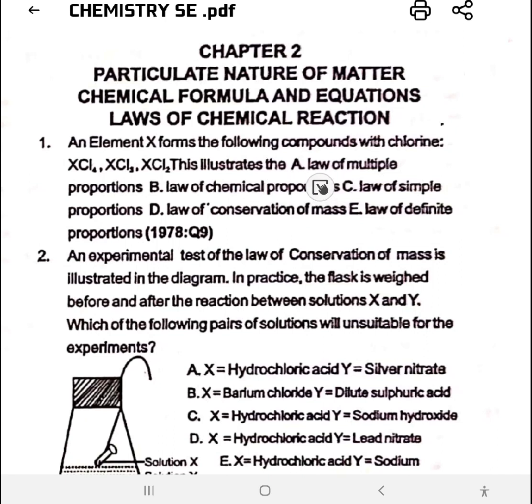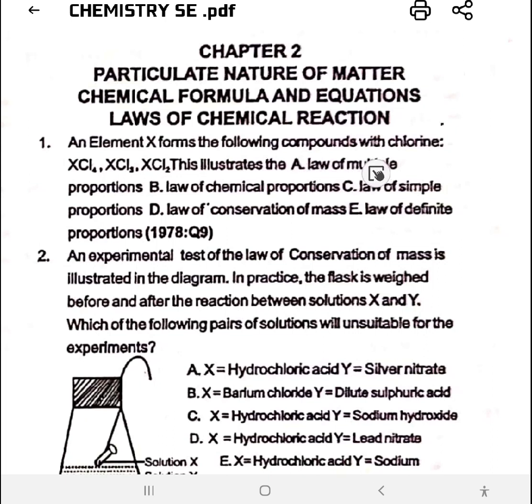This illustrates the law of multiple proportion, which clearly means that a fixed mass of X can combine with variable mass of chlorine. So X is fixed. It has combined with 4 atoms of chlorine here, 3 atoms of chlorine here, and 2 atoms of chlorine here. So the answer to number 1 is option